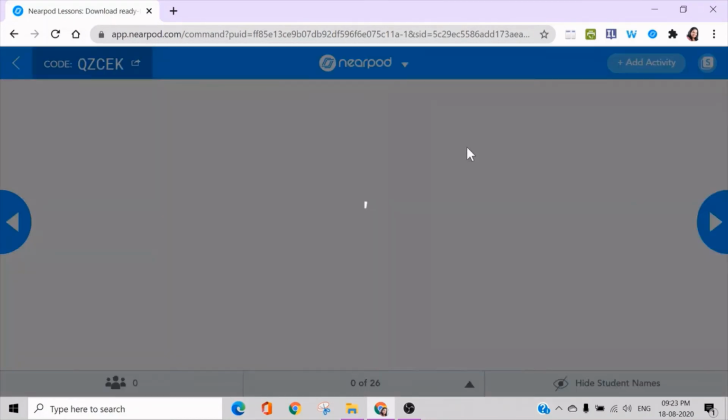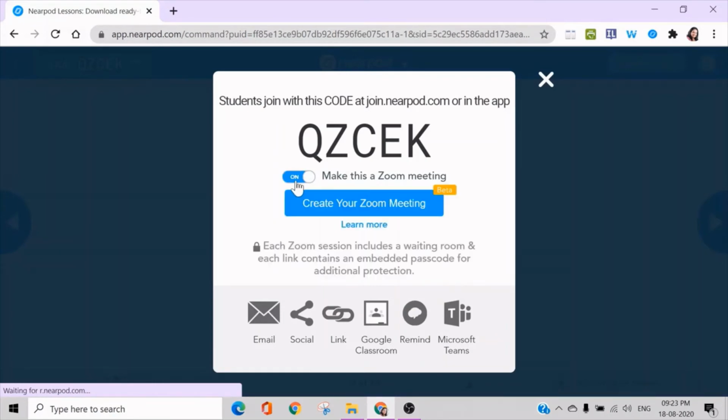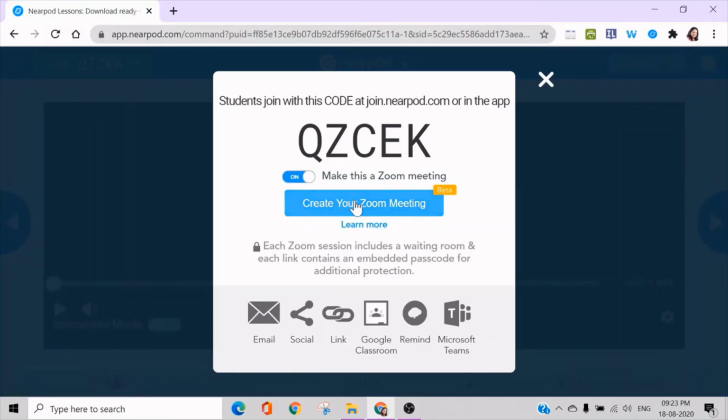My lesson is ready, and here I can find the 5-letter code of my session, and here I have an option, make this a Zoom meeting. If I enable this option to create your Zoom meeting and click on it, it will direct me to a Zoom session.